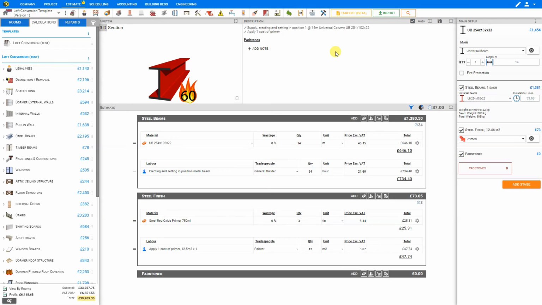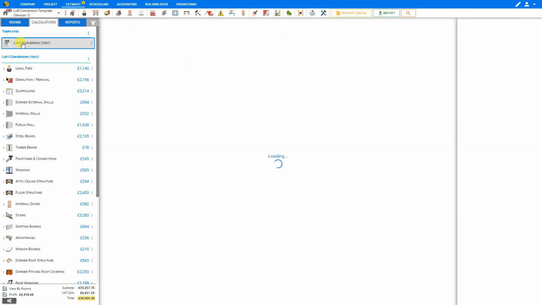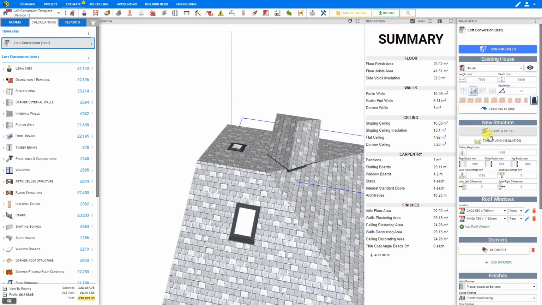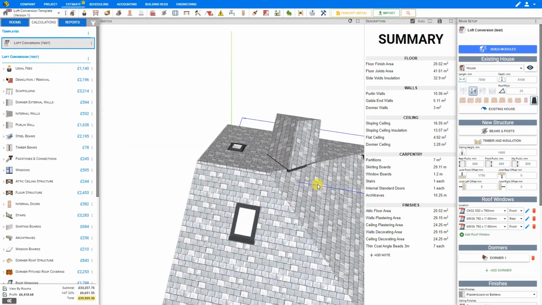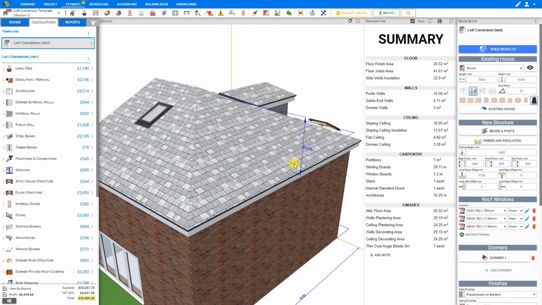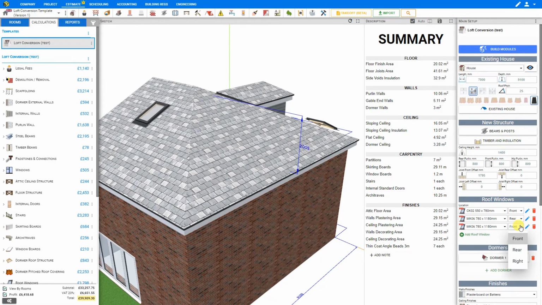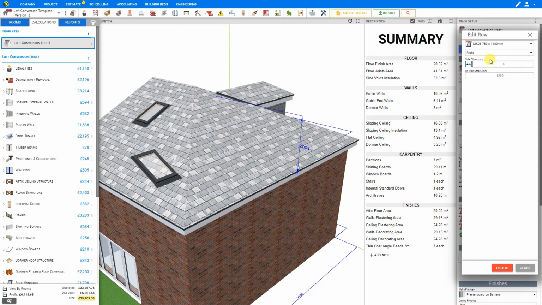And if the client decides that they need to make any changes, perhaps they want to add an extra roof window, it's very simple to do. All we need to do is access the main template section here, go to our roof windows stage, and add another roof window. Maybe this one will be positioned on the side. So for this one, we will select the position on the right side, and then go into the edit settings here to adjust the offset of this,